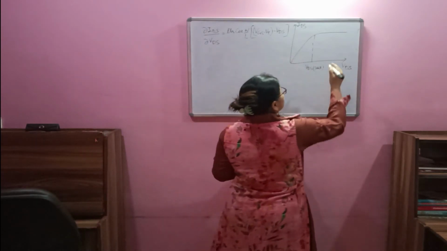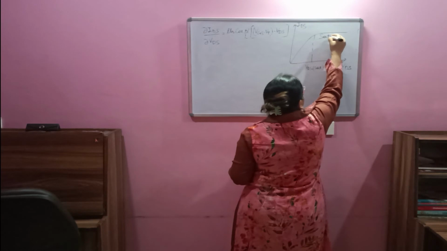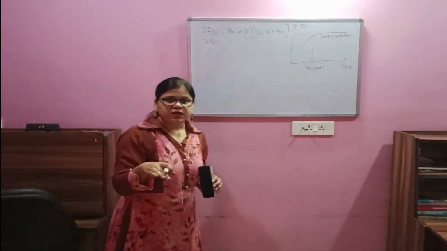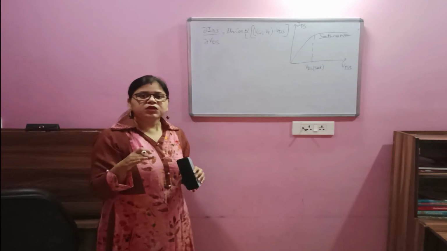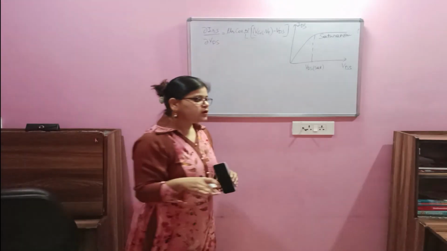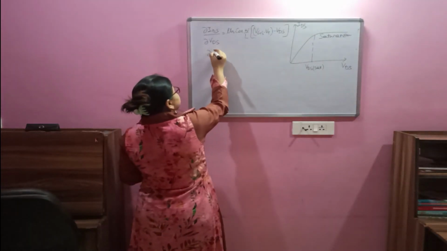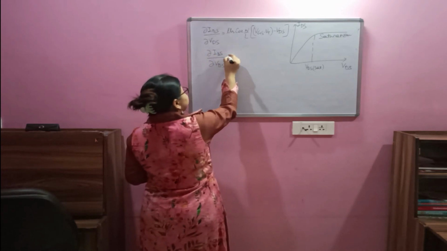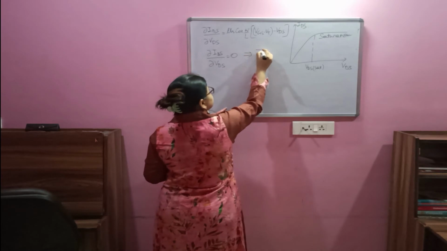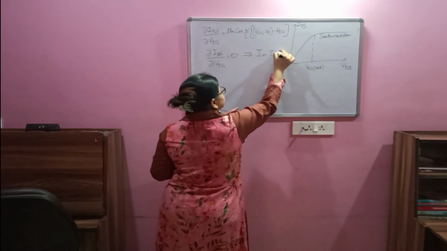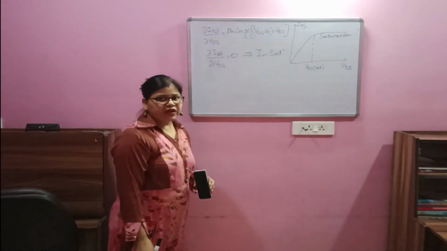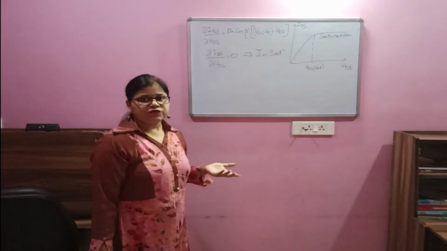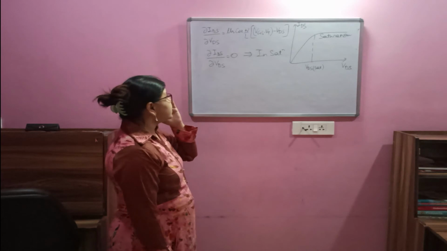But now when I talk of the saturation region, it shows a flat line. Flat line means zero slope. It means in the saturation region, del IDS upon del VDS should have a zero value. Now if I look at this, there is no such term which will give us a zero value.